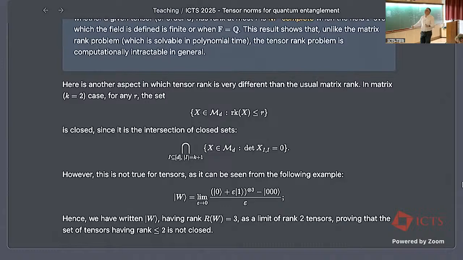And so basically for tensors in general, you have many, many notions of rank, whereas for matrices, you have just one. And this happens with other things for tensors, like singular values, norms, many, many things, where there are many different notions for tensors, and for matrices, they collapse to the same quantity. Joseph Landsberg says that matrices are a degenerate case of tensors. So really, tensors are what's normal, but matrices are kind of too simple, so they are degenerate.